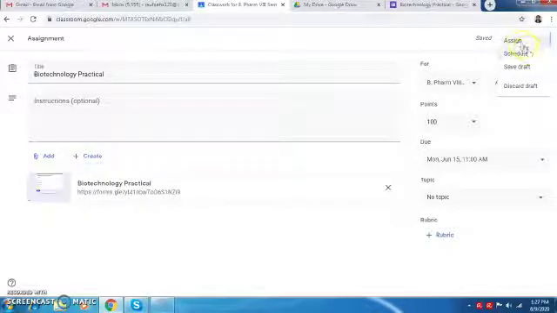So I have to again click on the downward arrow, and then schedule.